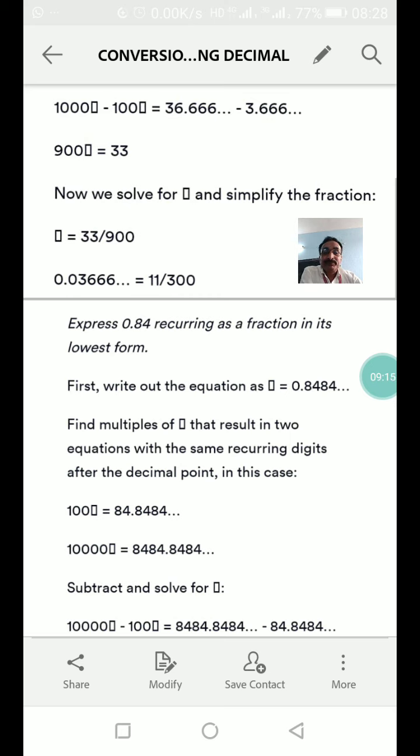Just like, write 0.84 recurring as a fraction in its lowest form. Write out the recurring as a bar or two dots on 8 and 4 both. First, write out the equation x equal to 0.84848484...